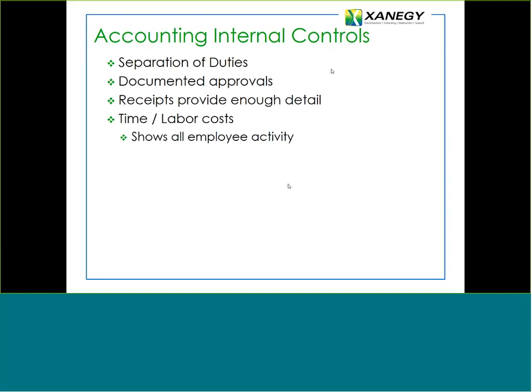You want to see documented approvals. So, you know, great that we have the policy on purchasing. Let's make sure that it's documented, that when we have an invoice, we have the backup to it to show that it actually was approved, and approved in the manner that the policy and procedure said. Whether that means there's a piece of paper that got passed around the office, not the most efficient way, but, you know, sometimes that's where we find a lot of our clients are still at,